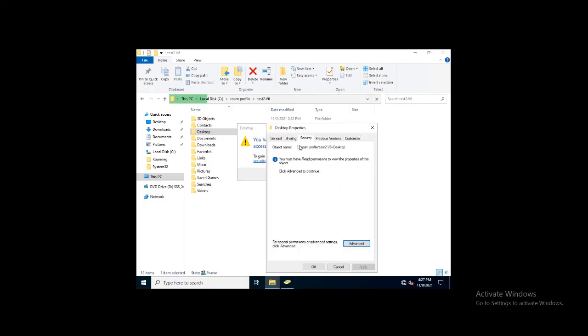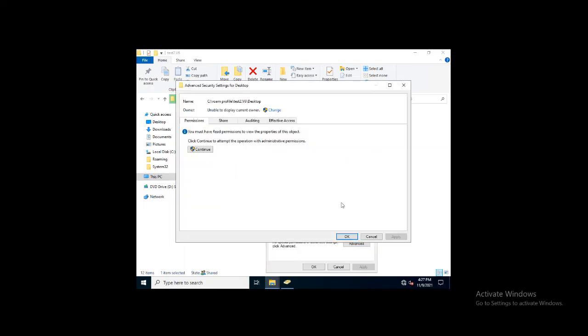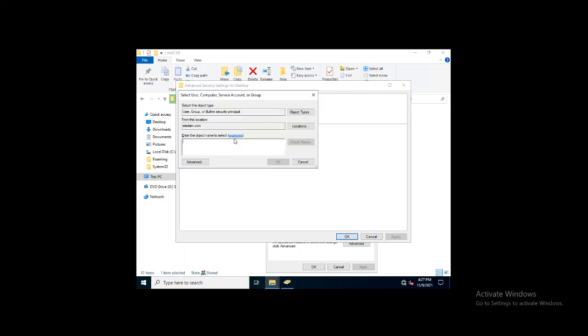It is showing us the same thing, so click on advanced, change, add the administrator.